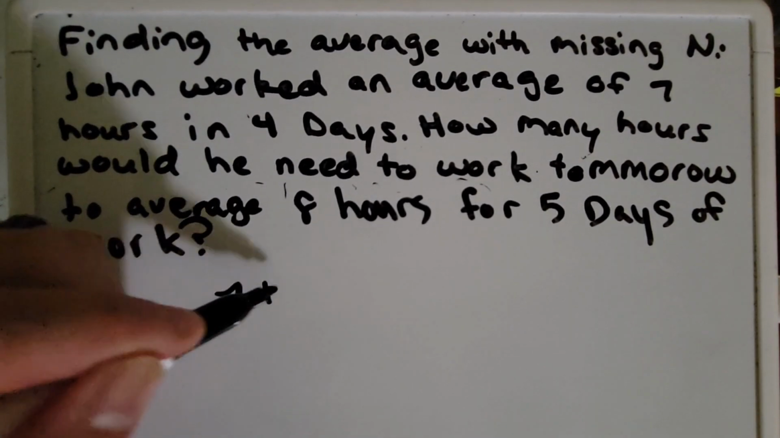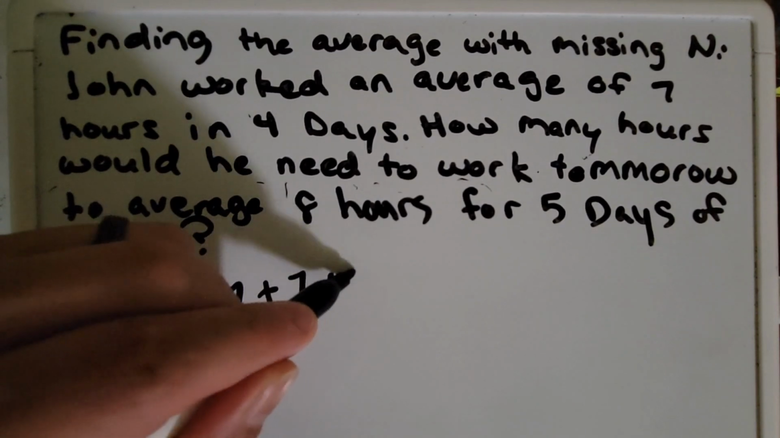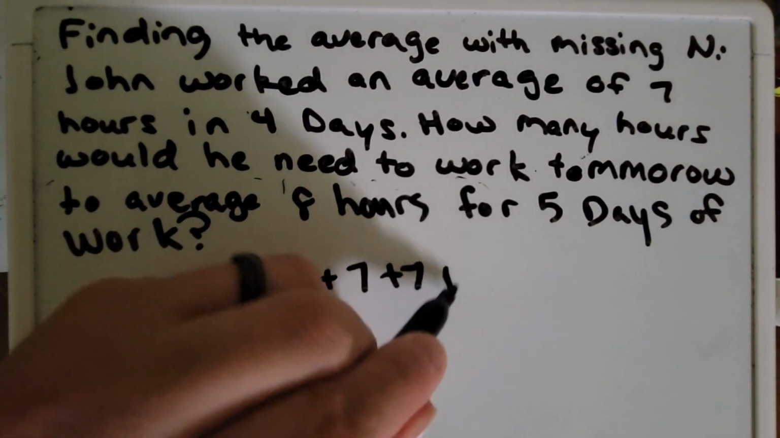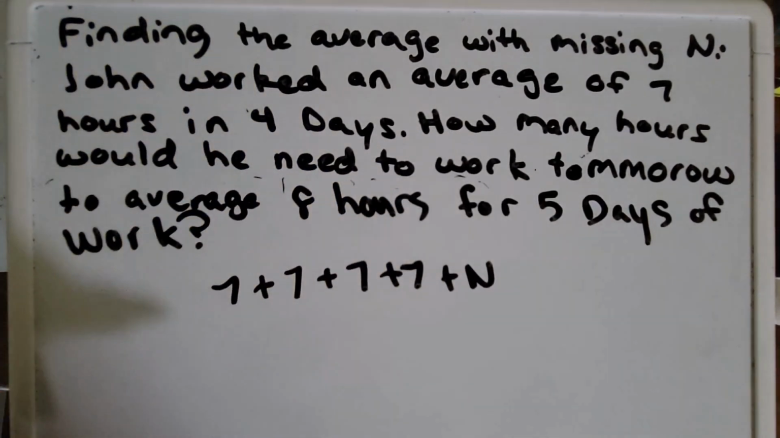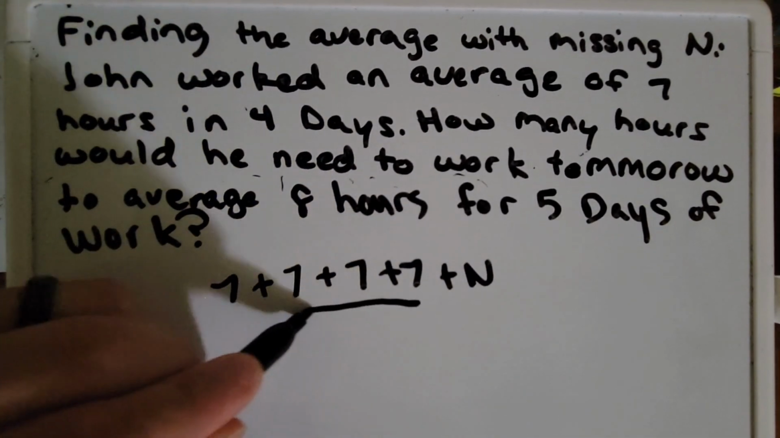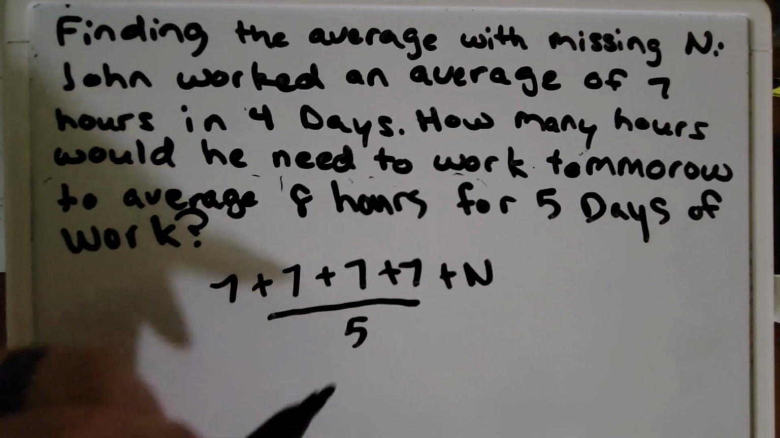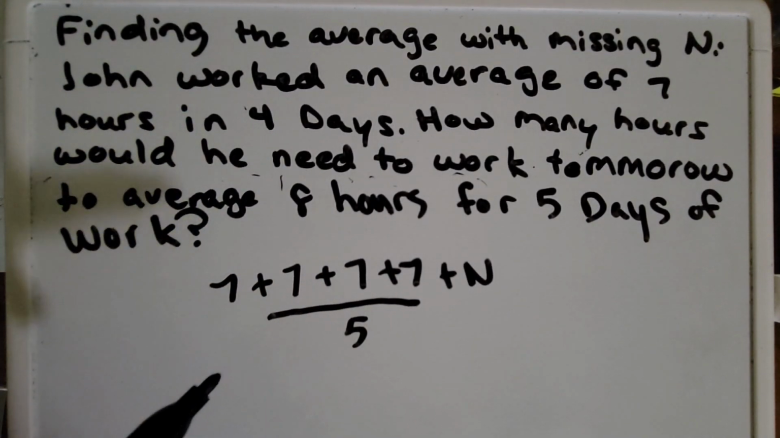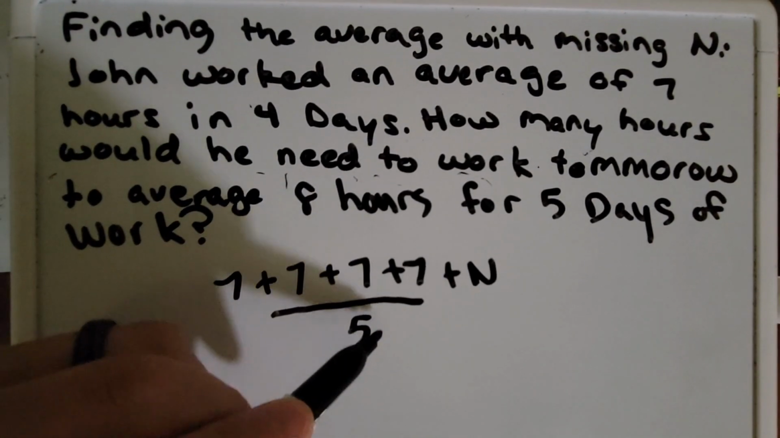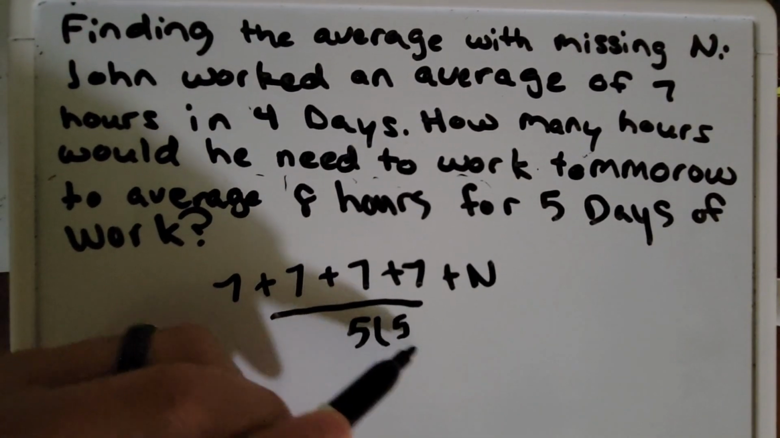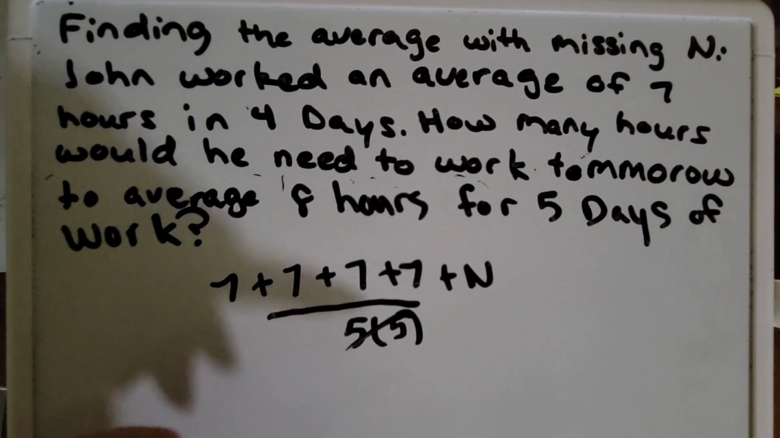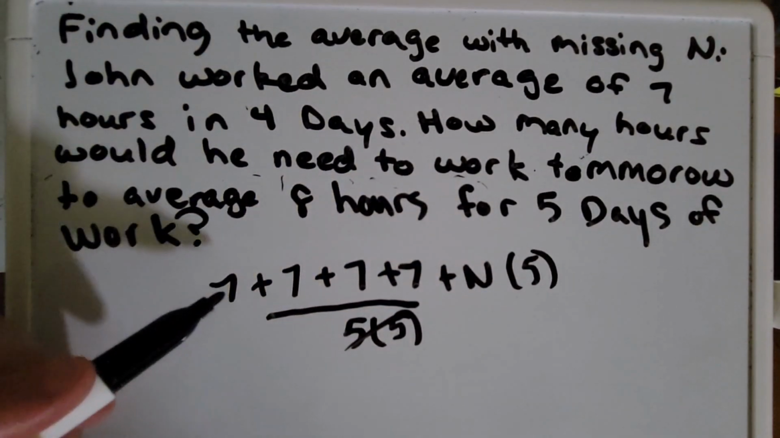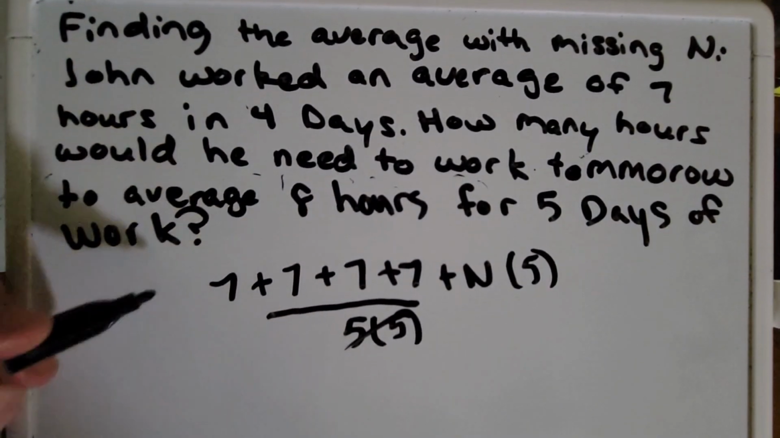7 plus 7 plus 7 plus 7 plus n. N is the missing number, right? And we're going to put it over 5 because we know 5 is going to be involved towards the end. With that being the case, it's very straightforward. So we're going to do 5 times 5 because it's times itself. That's just going to cancel out. We're going to do n times 5. And we're going to do 7 times 4 because that's how many are involved total,